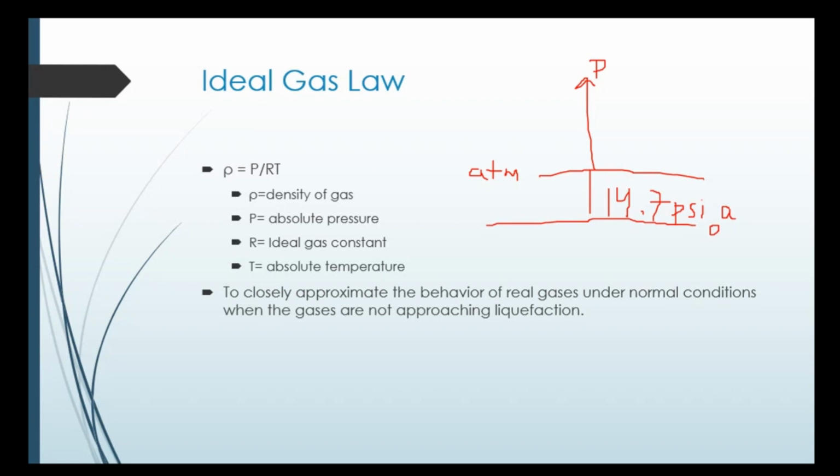जगह पे वो कहेगा हम गेज प्रेशर के साथ जी लिख देते हैं, एब्सोलूट प्रेशर के साथ कुछ नहीं लिखेंगे। बाद में कहेगा कि हम एब्सोलूट प्रेशर वाली जो टर्म्स होंगे उनके साथ ए लिख देंगे, गेज प्रेशर के साथ कुछ नहीं लिखेंगे। कोई तीसरी बुक होगी इसमें कहेगा हम गेज प्रेशर के साथ जी लिखेंगे और एब्सोलूट प्रेशर के साथ ए लिखेंगे। ठीक है, तो नॉर्मली जो ज्यादातर किताबें हैं उनमें आपको यही नजर आएगा कि 14.7 या जो भी एब्सोलूट वैल्यूज उनके साथ ए लिखा जाएगा और गेज के साथ कुछ नहीं लिखा जाएगा, क्योंकि ऑलरेडी अंडरस्टूड है कि गेज प्रेशर है, गेज से मेजर हो रहे हैं।